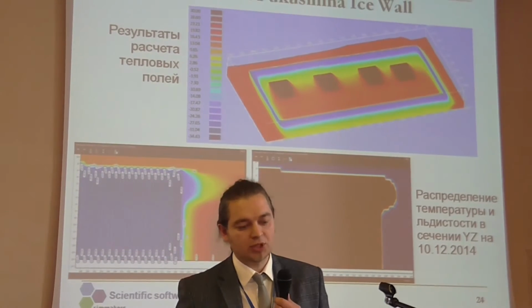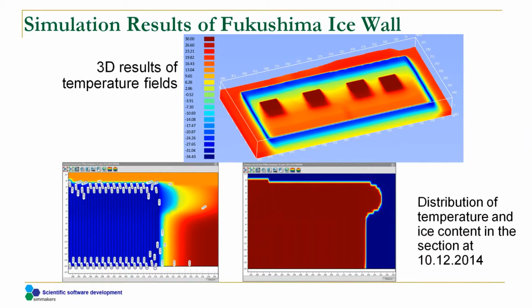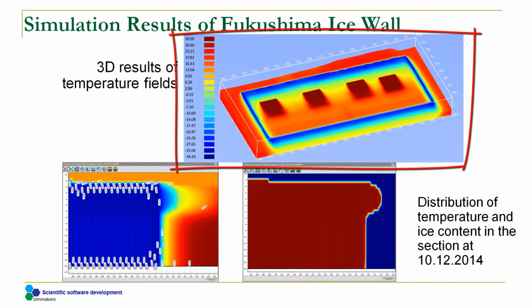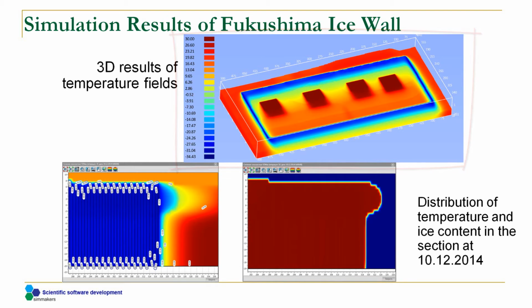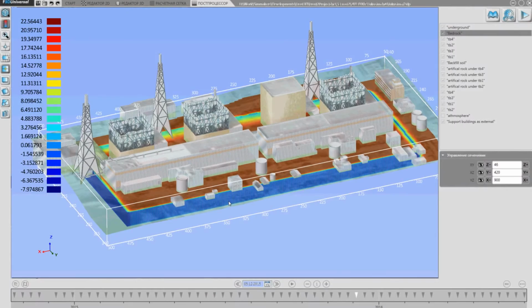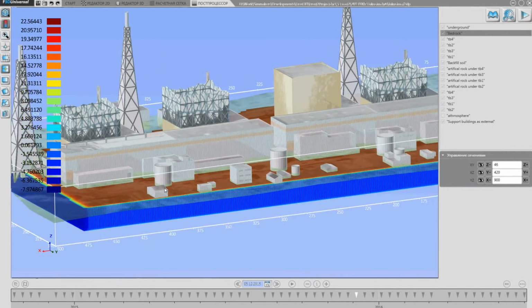Here are the simulation results of the ice wall around the Fukushima nuclear power plant. In the picture below, we can see the freezing front. In the picture above, one may analyze the thermal distribution. In our software, every part of the model can be scaled, and one can make a selection anywhere to observe what is happening there. Without this state-of-the-art GPU technology,